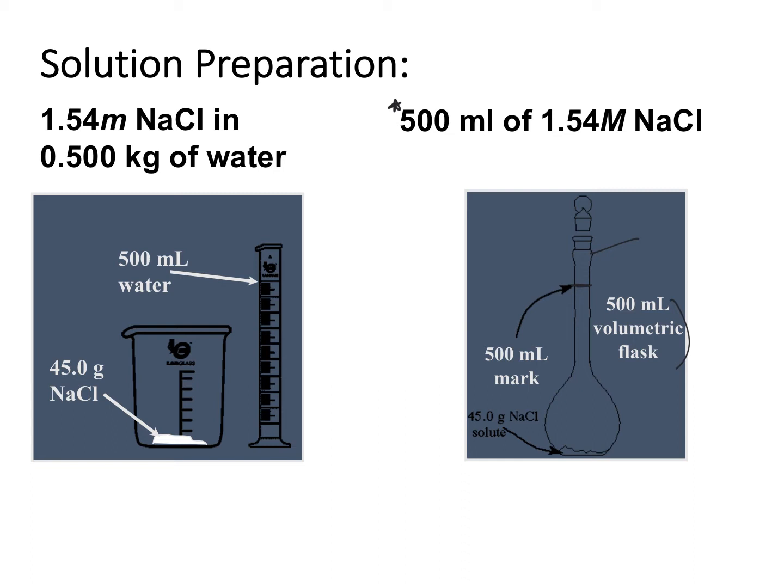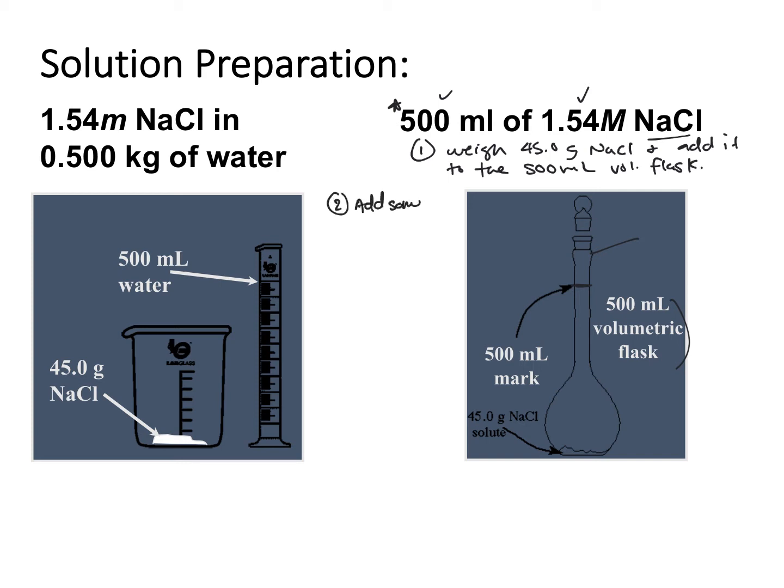Okay, so what you'll do is take your molarity as well as the volume you're trying to make, and you will subsequently do the work to calculate how many grams of the solute you will need. We've already done that. Okay, so you're going to first weigh your 45.0 grams of NaCl and add it to the 500 ml volumetric flask. Okay, then what you'll do, step two, is you're going to add some deionized water